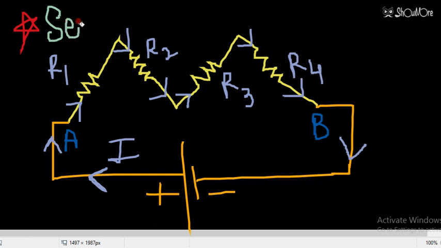Students, the best method is to connect the battery. Whenever you connect the battery, you can easily understand which combination is series and which is parallel. I hope these two questions, two diagrams, are clear. Now we are moving to the next level. So now I am changing the level of question.